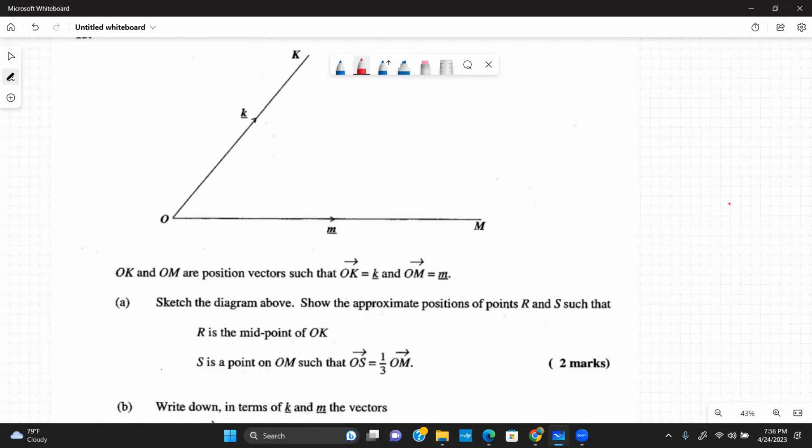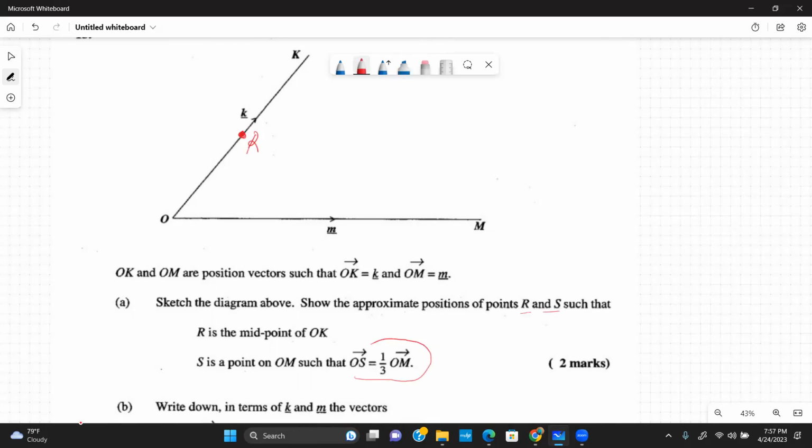You want to show where R and S are, such that R is the midpoint of OK. All right, no problem. I look at OK and say this looks like the middle, and I'm going to call it R. It's very simple, don't overthink it. R is the midpoint of OK. And then S is on OM such that, remember, we just did this, they're saying OS is 1/3 of